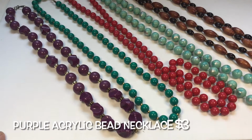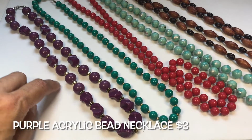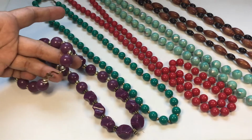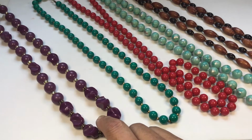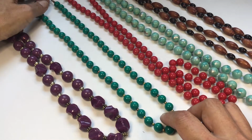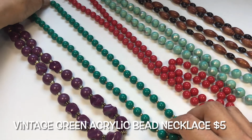It has a drop of 11 inches. There's gold tone bead spacers and these rondelles. What's on top? It's finished off with a hook closure. Yeah, we have this vintage one. The next one here, this one has a spring ring clasp, a little longer. This is 11.5 inches in drop,